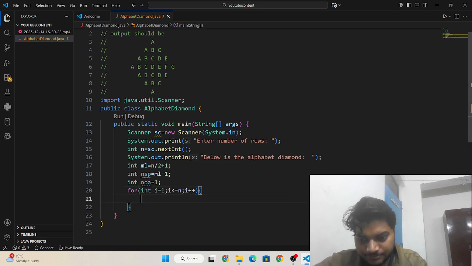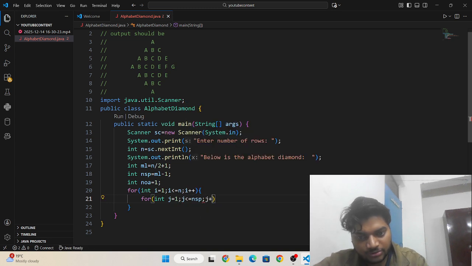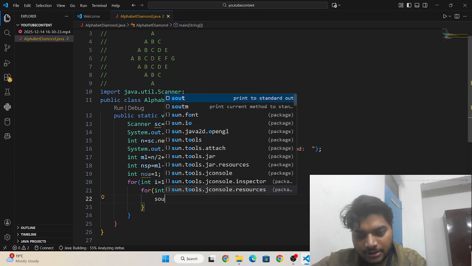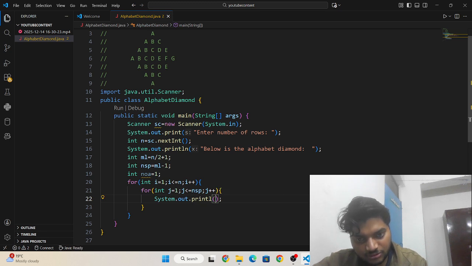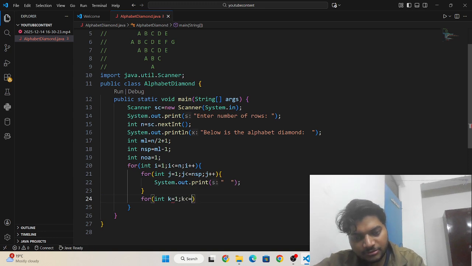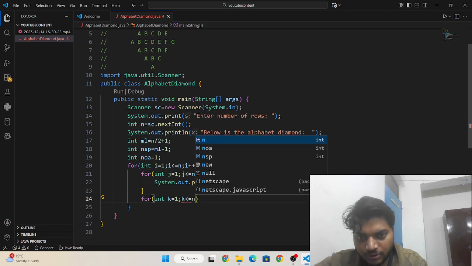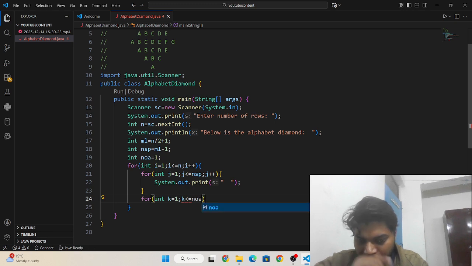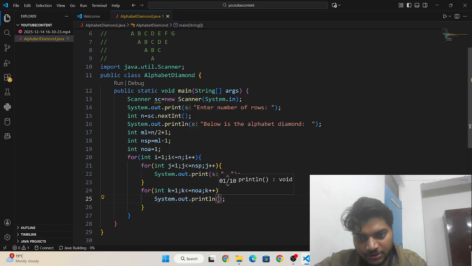Then for int j is equal to 1, j less than or equal to nsp, meaning number of spaces, j plus plus, and I print 2 spaces. Then for int k is equal to 1, k less than or equal to noe, number of alphabets, k plus plus.